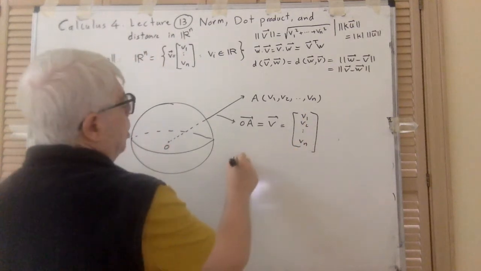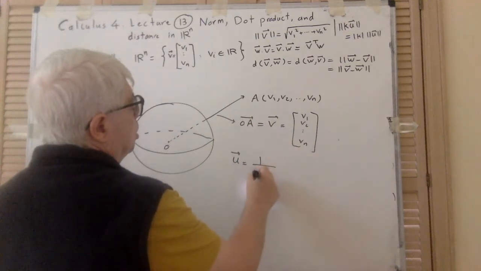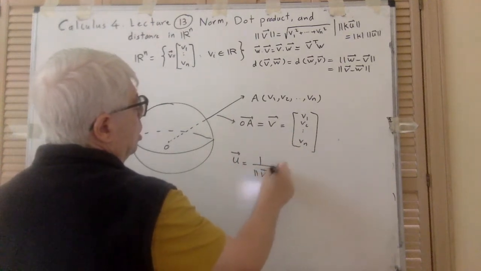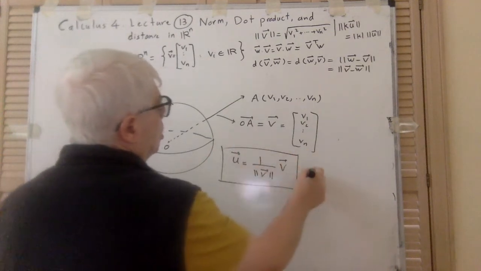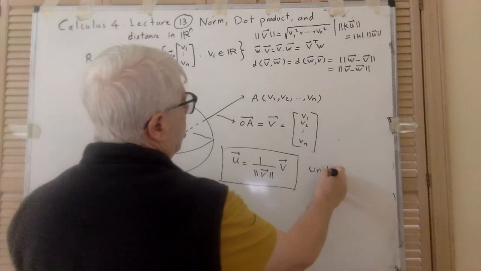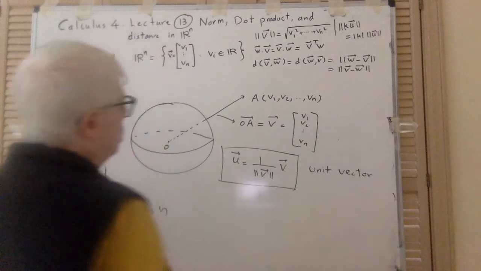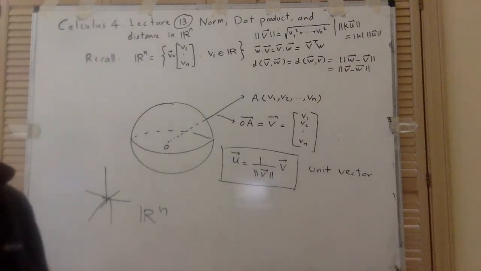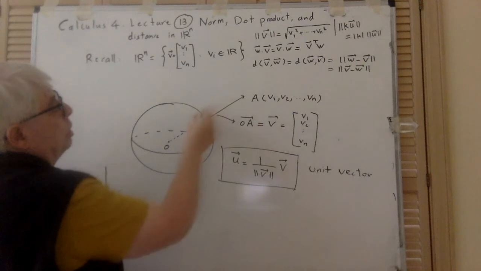Now, if I multiply this vector by the reciprocal of its norm, this becomes a unit vector. Again, it is a unit vector in the direction of V,